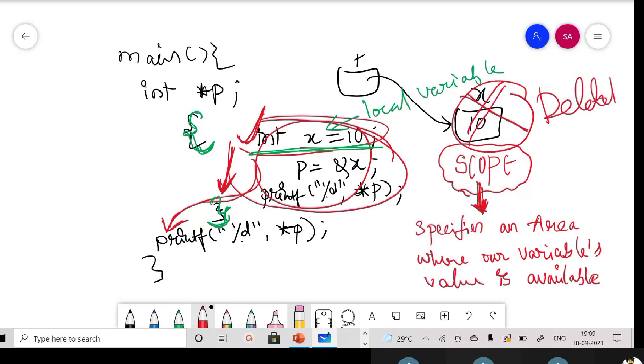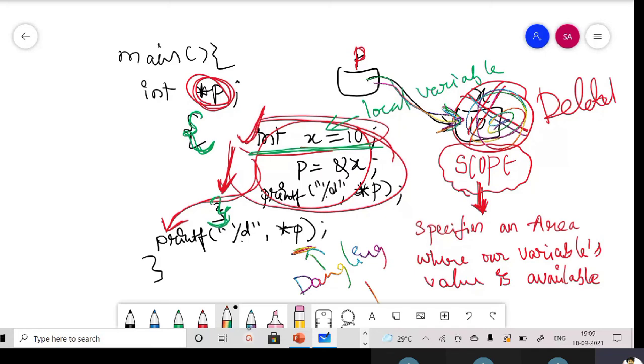Right, ma? Yes, sir. Okay, but your pointer doesn't know all these things. Your pointer p thinks that it is still pointing at x, because x's address was given to me and still I am looking at x. So it thinks that x is still there. But actually this x is already deleted from the memory, right? So in this case, this particular p has become a dangling pointer.